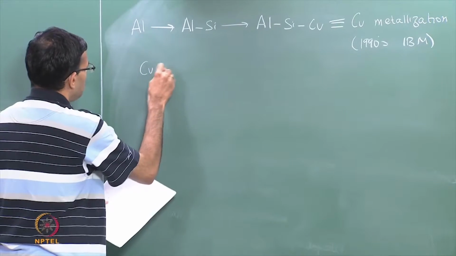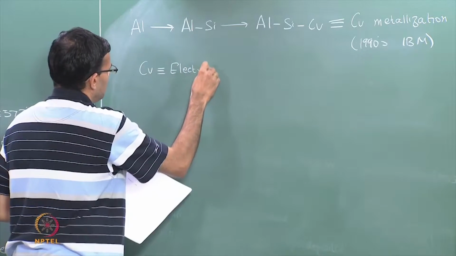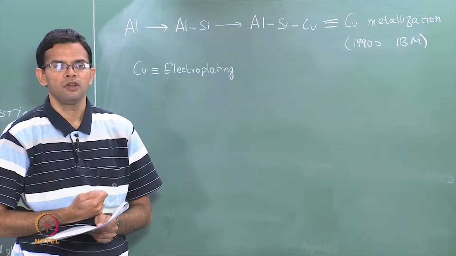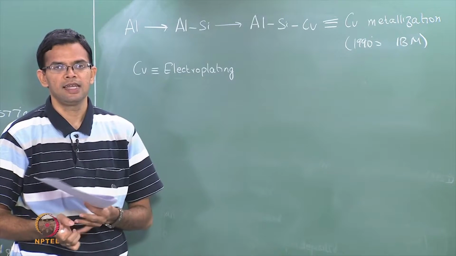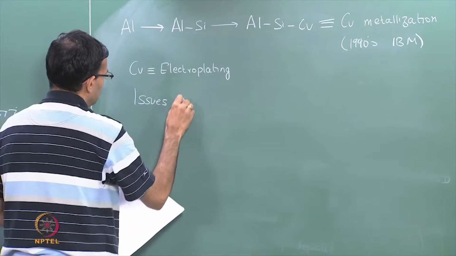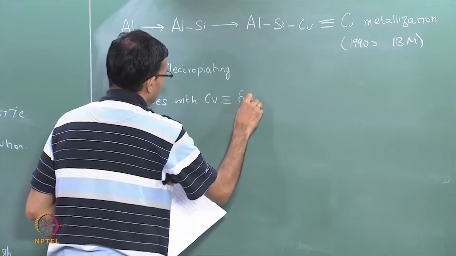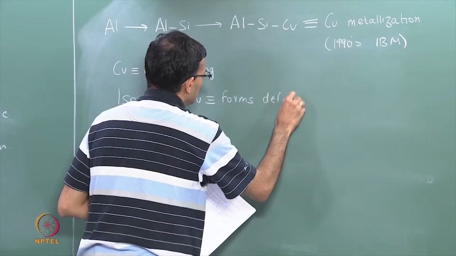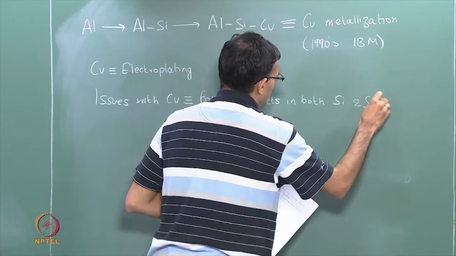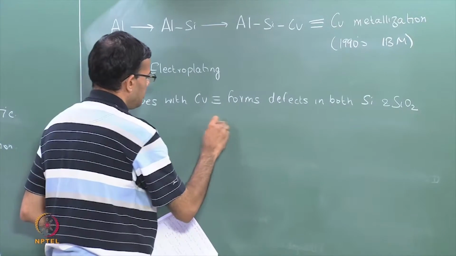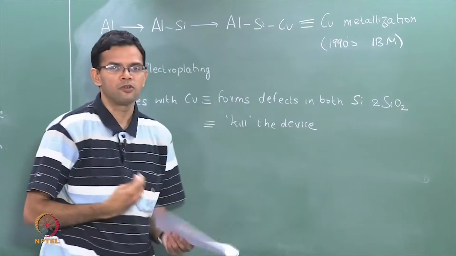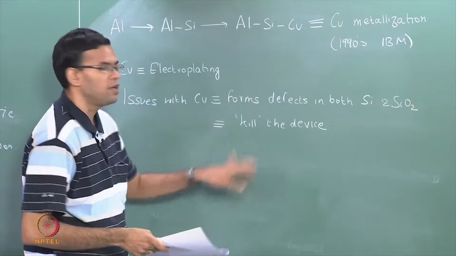So copper is usually grown by electroplating process, we will see the electroplating process later on, but one of the biggest problems with copper is that copper can diffuse into both silicon and silicon dioxide and essentially form deep level defects. So, one of the issues with copper is that it forms defects in both silicon and silicon dioxide. This can essentially kill the device. What we mean, of course, is that the device loses its functionality, so that copper will essentially kill or poison